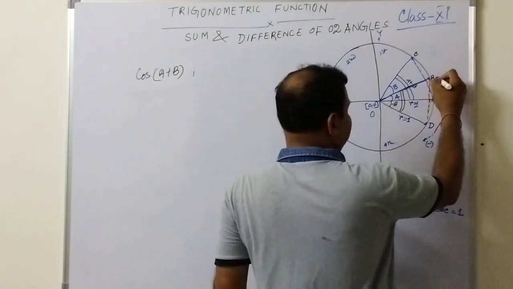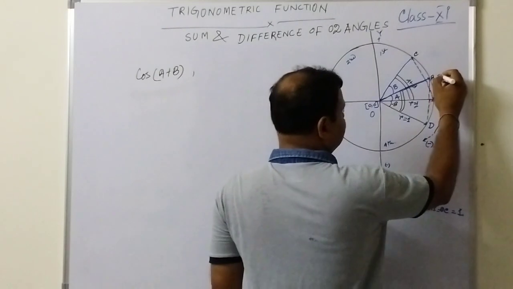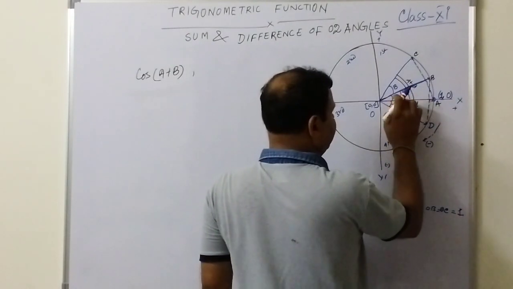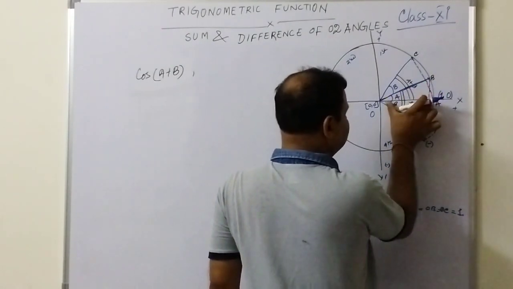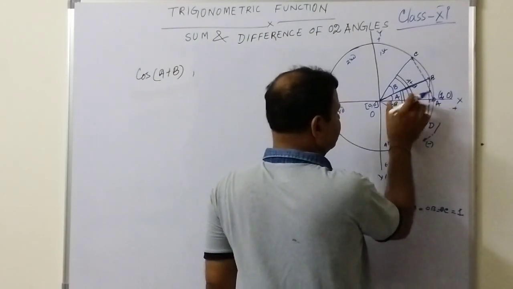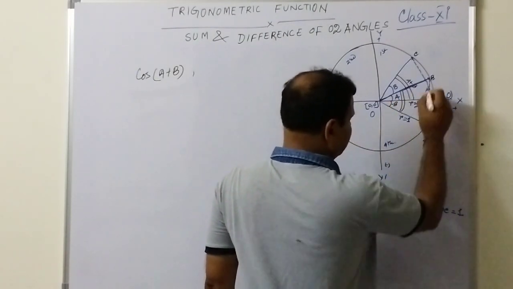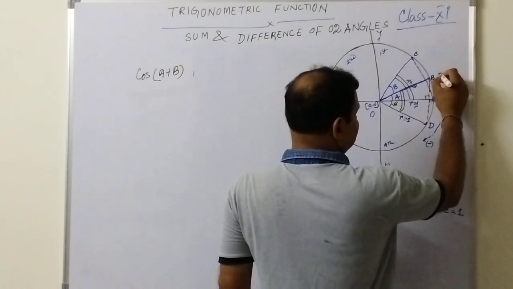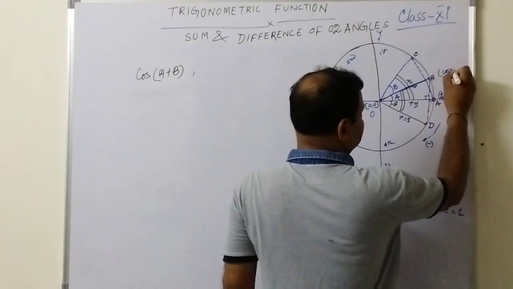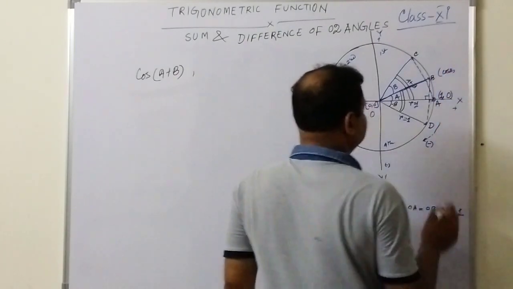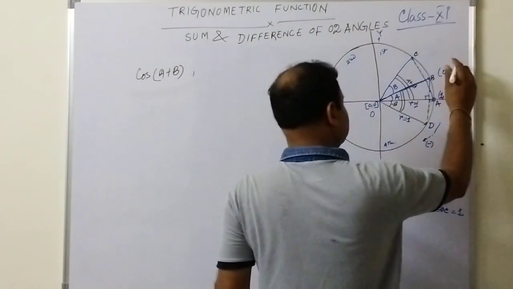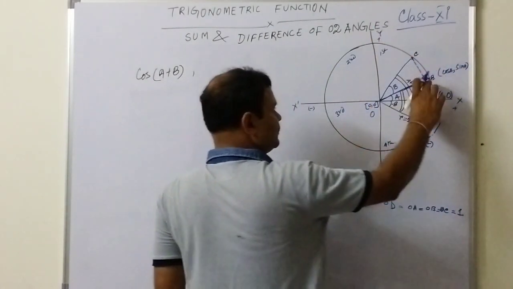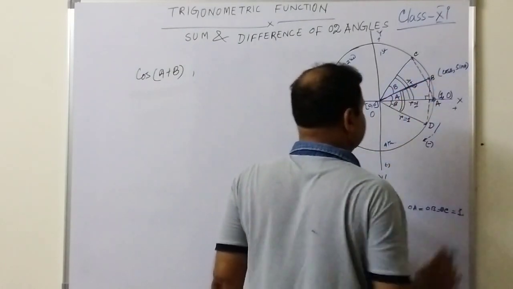And also for this point P, the coordinate will be, the x-axis now moves to this one. This much is how much? This is angle A. So from this right angle triangle, this will be the cos function. So this is cos A, and this is sine, because this is the y-axis value, sine A. This is the sine A value and this is the cos A value.